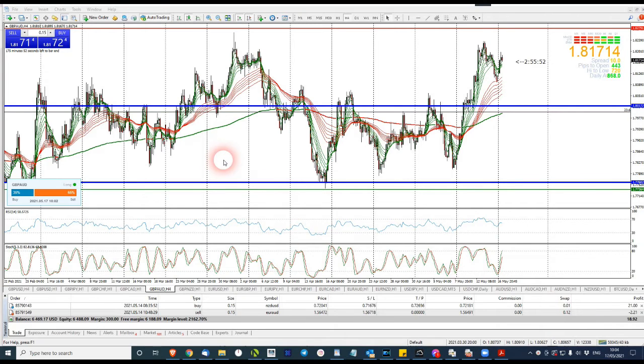My trade of the week last week was GBP AUD. We were looking to short this pair when it hit WR1 resistance here. We had a nice line of historical resistance. However,